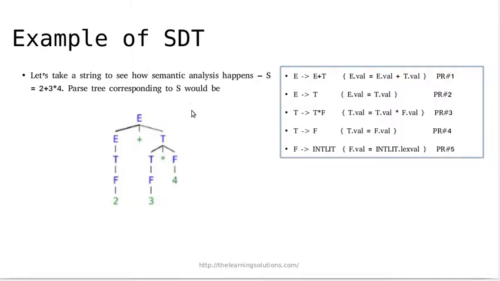Based on the given grammar we have created its corresponding parse tree. E tends to E plus T, this is the starting production rule. Then E is reduced to T, so E derives T, then T derives T star F. Going left to right, T derives F and T derives F. That's all. This is the parse tree. Now the input string provided is 2 plus 3 into 4. So the 2 will be here, plus will be here, this F will give rise to 3, and the last F will give rise to 4. So 2 plus 3 multiplied by 4. The input string can be easily parsed.